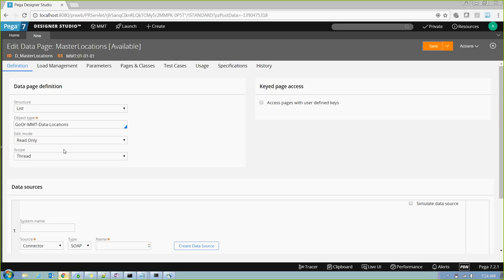Do you want to make the page read-only or editable? It's your choice. Editable means other users can edit it. Read-only means nobody can edit it. And scope: this is the one that we have discussed, requester, thread, and node level. So now maybe you can give it as node level or requester level. If you give it as node level,